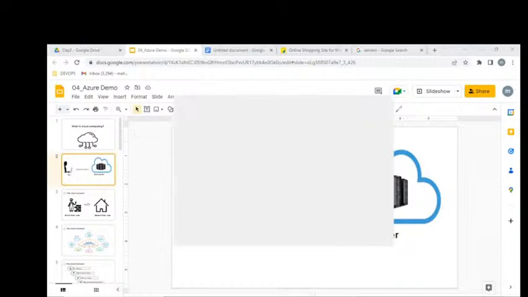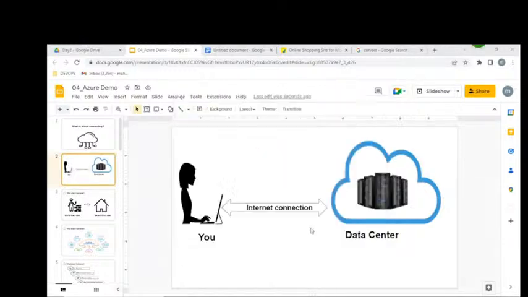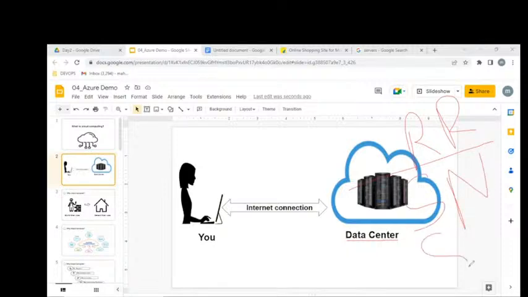I'll repeat this point. These data centers exist physically somewhere else, remote placed. From this remote place, if we can access a server, a network, a storage, a database in a virtual form, and control it over the internet from your laptop, that is nothing but cloud